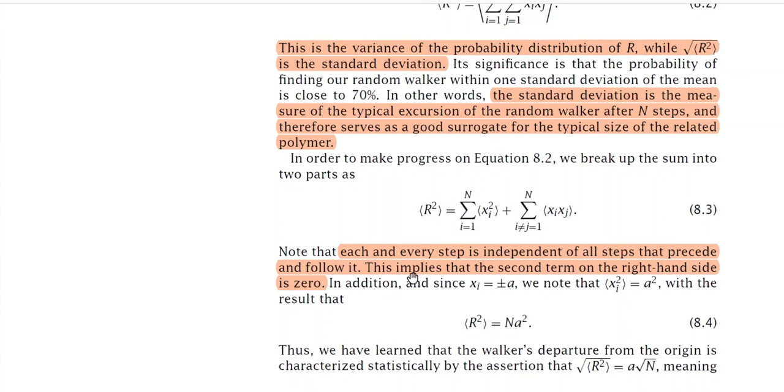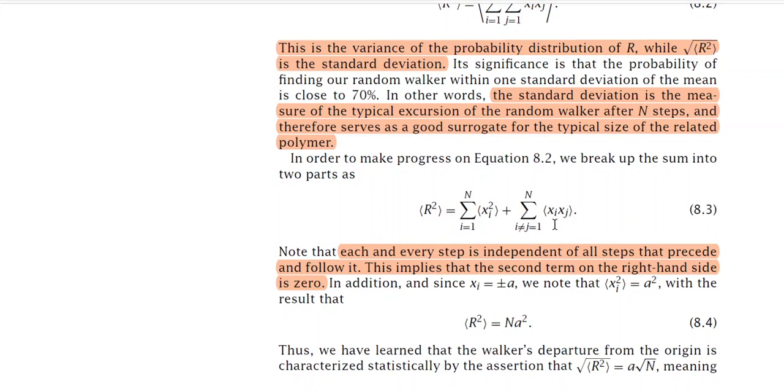Why is it 0? Because you see, suppose you are taking capital N up to 2, but here the point is that i will not be equal to j. So, that will be the average of x1, x2. i will be 1, j will be 2, x1, x2. Now, the point is that we have already noted that xi is equal to plus or minus a. So, the value of the parameter x may be either plus a or minus a.